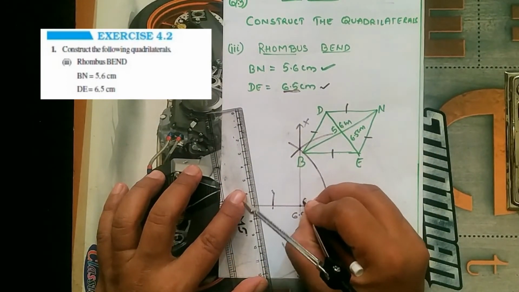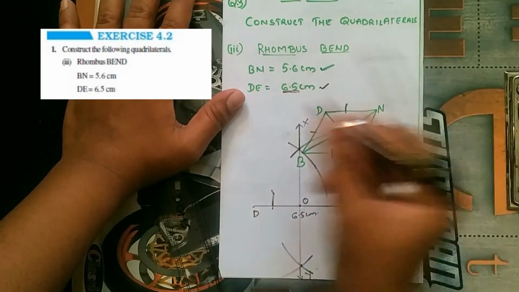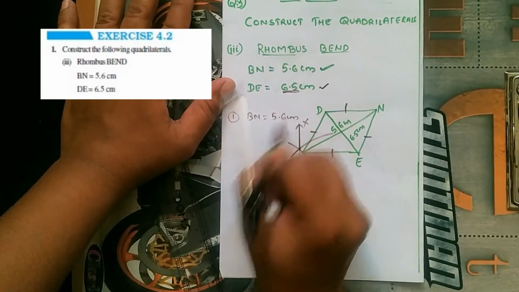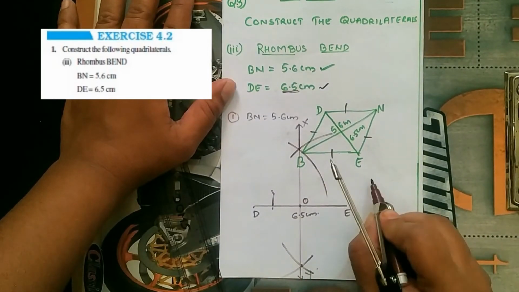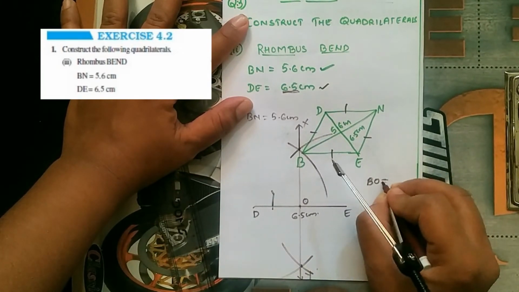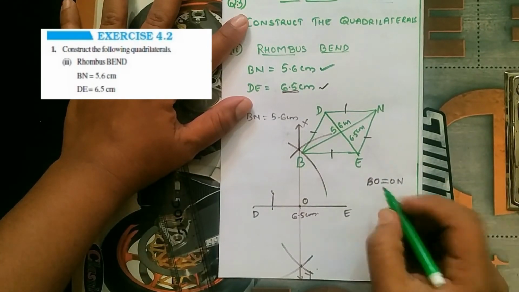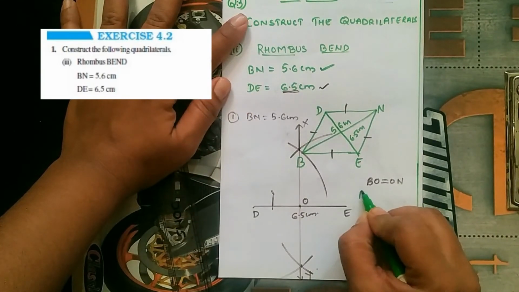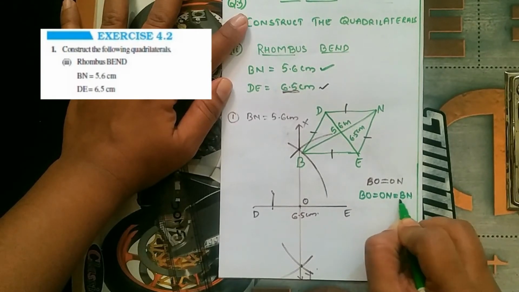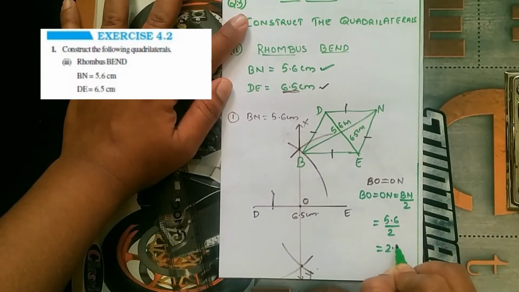So this is your intersecting point O. And how will you get the diagonal BN? You need to just do the calculation. BN is equal to 5.6, but you have got your O here. So BO should be equal to ON. So how will you get BO and ON? BO is equal to ON and these are equal to half of BN. It means 5.6 divided by 2, you will get 2.8 centimeter,